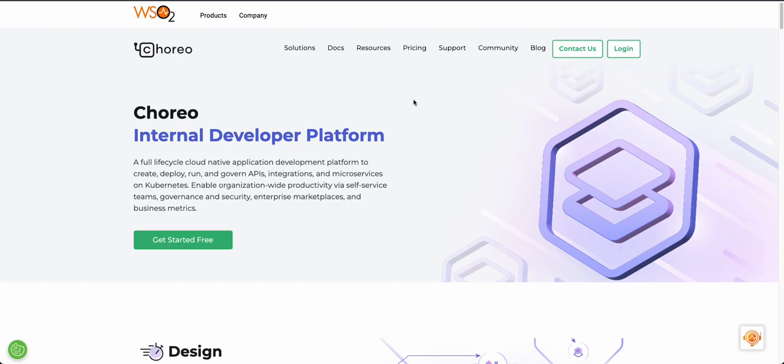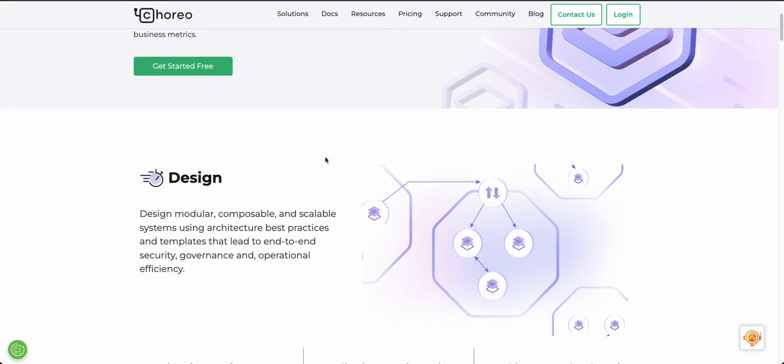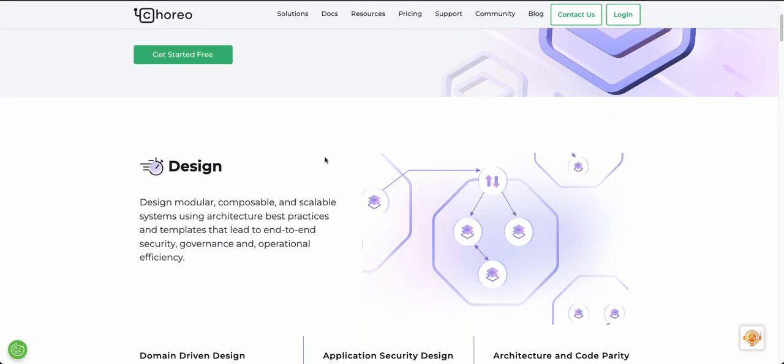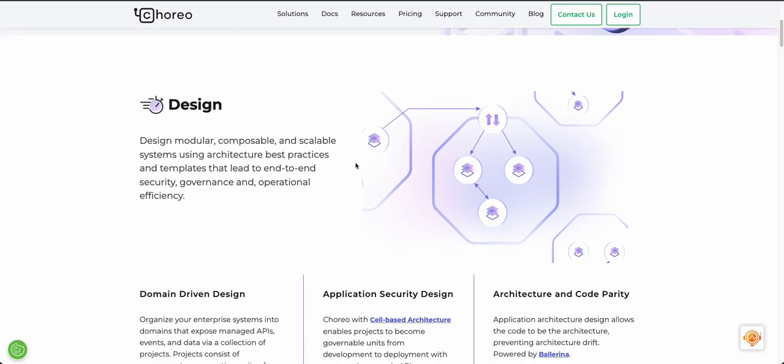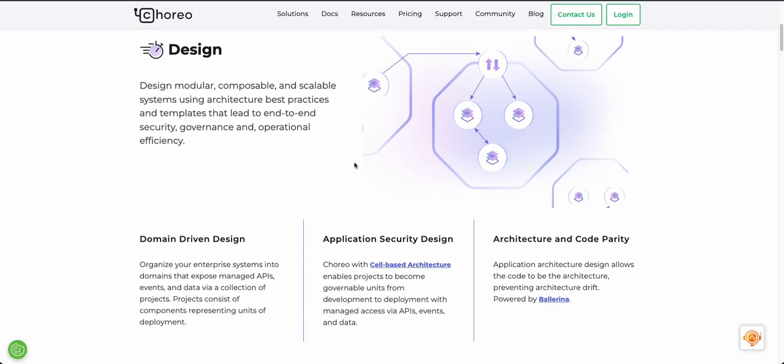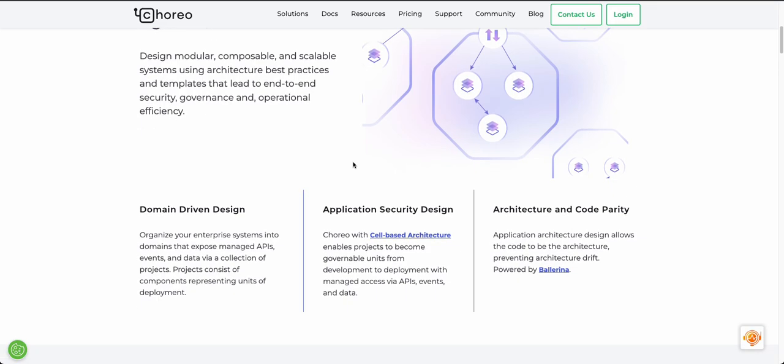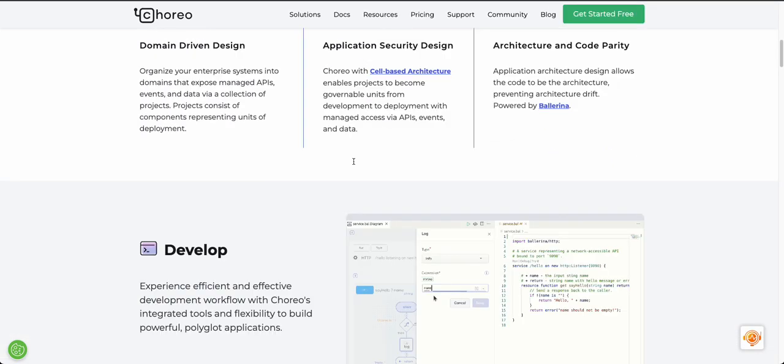And also, if you look at Choreo internal developer platform, it's a full lifecycle cloud native application development platform, which allow you to create, deploy, and run APIs, integrations, microservices, and run them on Kubernetes. So basically, you can design modular, composable, scalable systems using all the different architectural best practices, and you will have the inbuilt security, governance, and observability in place through the platform. So you can use domain driven design, and also